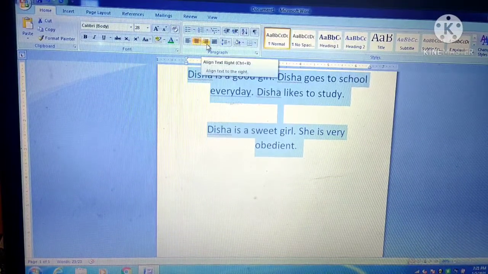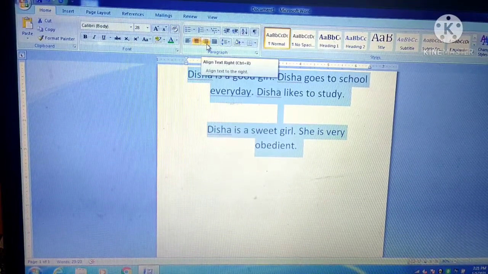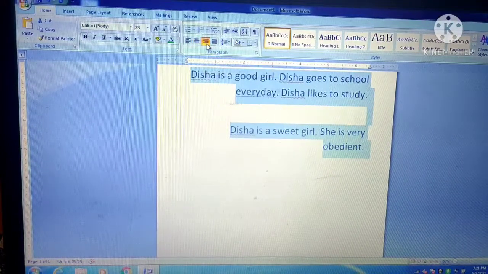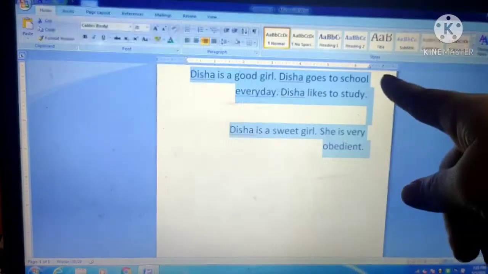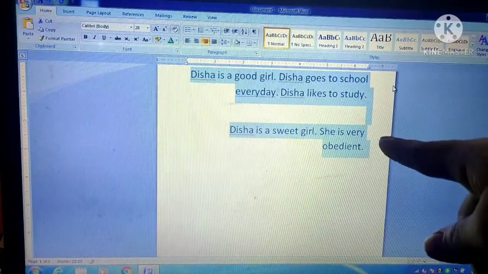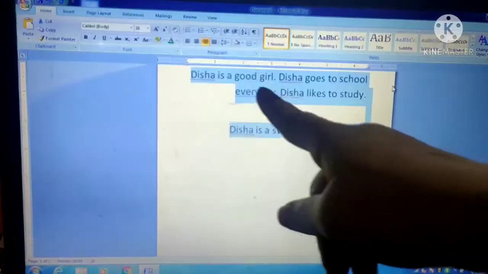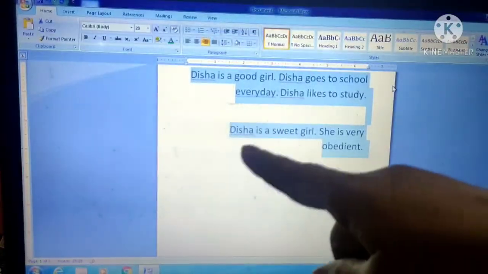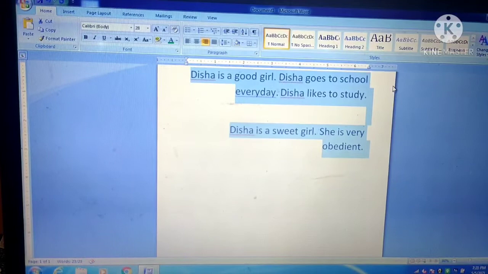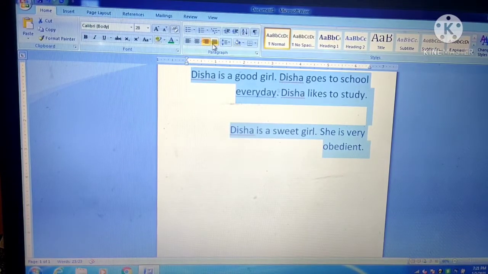The third option is right alignment. When this option is chosen, all the text or paragraph is evenly distributed into the right margin, but it is irregularly or unevenly distributed to the left margin. And the last type of alignment is the justified alignment.